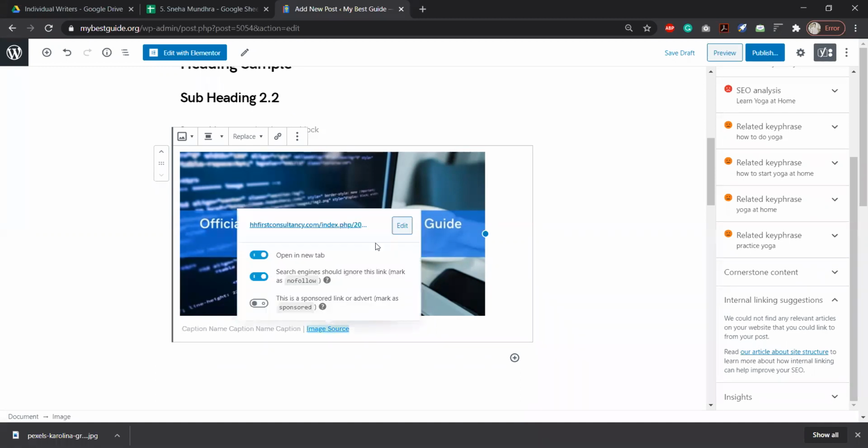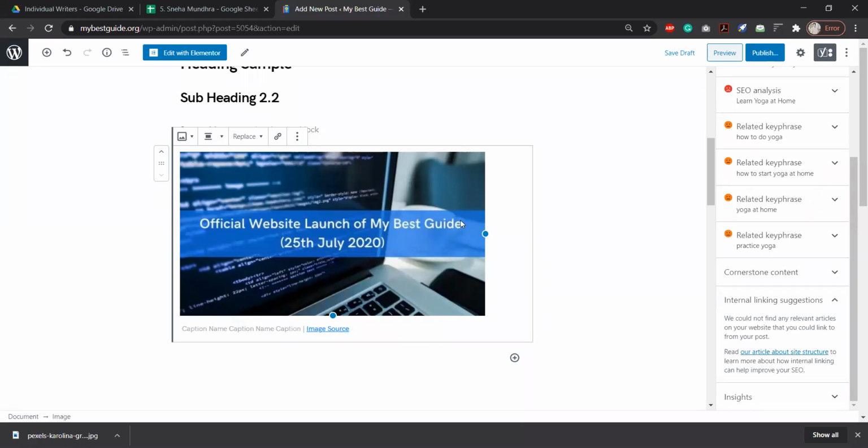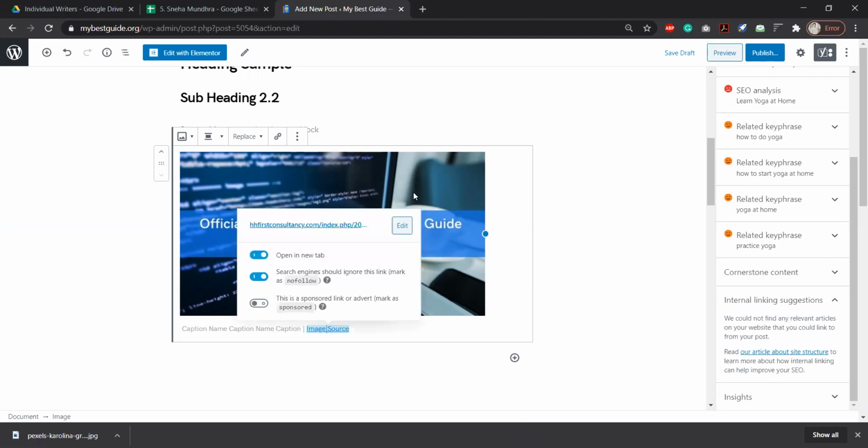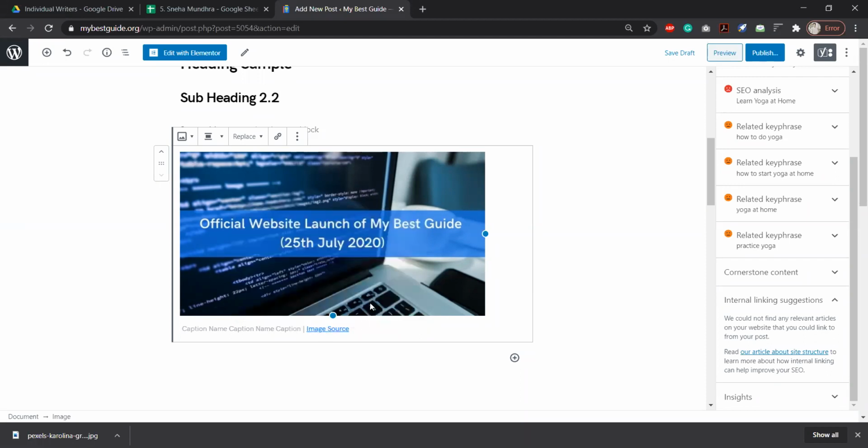अब गाइस, एक चीज मैं यहाँ बताना भूल गया था कि देखो, जब आप इमेज बाहर से किसी आर्टिकल से कॉपी करो और उसको क्रेडिट भी देना पड़ रहा है, तो आप मेक श्योर करो कि वो इमेज वर्थी हो। ऐसी इमेज किसी आर्टिकल से कॉपी करके उसे क्रेडिट मत दे देना जो आसानी से पिक्सेल्स पे या किसी और फ्री स्टॉक प्लेटफॉर्म पे मिल जाए, या फिर कैनवा पे आप बना सकते हो। अगर इमेज कहीं से कॉपी कर रहे हो, उसे क्रेडिट दे रहे हो, तो वो वर्थ होनी चाहिए।